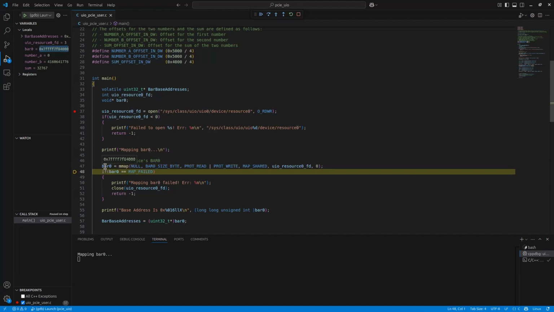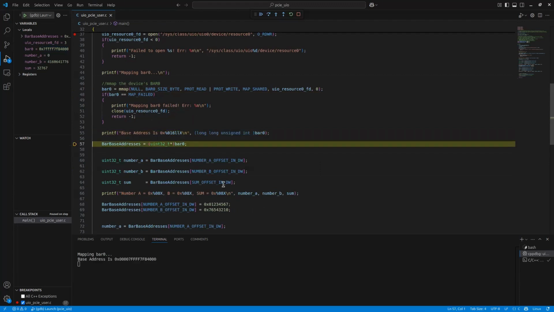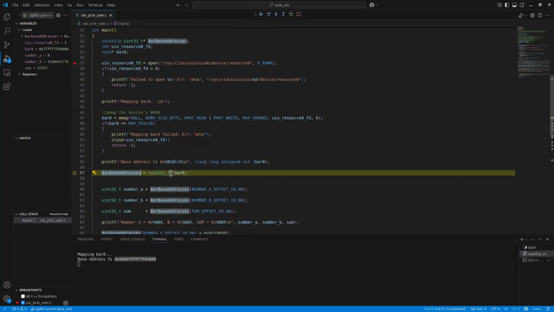So here the BAR is on some address that is already mapped in my system. I show the address here because my system is 64-bit; it is some 64-bit address in my virtual memory that is actually mapped to that BAR address. And to make it easier to understand, I just cast this address to an unsigned int32 pointer, because my registers are 32 bits, so I use this array to make it more readable.